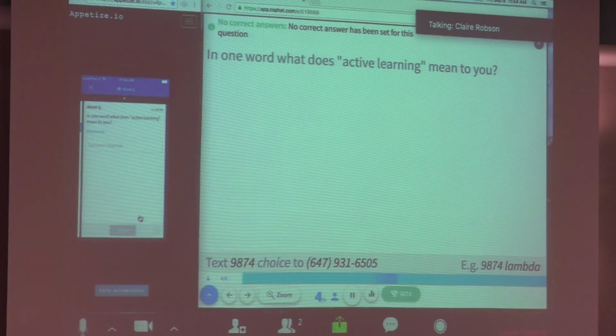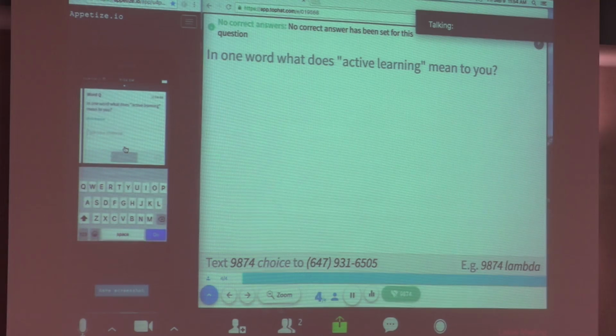Now, this is another type of question I wanted to show you. This is fantastic for stimulating discussions, if that's something that you're looking to do inside the classroom. Instead of speaking to the shyer students or only hearing from a handful of the more talkative ones, you're able to get a widespread distribution of responses. So here I'm just asking for one word that is associated with active learning. Of course, students, there's no really correct answer. They can really type in anything that they want.